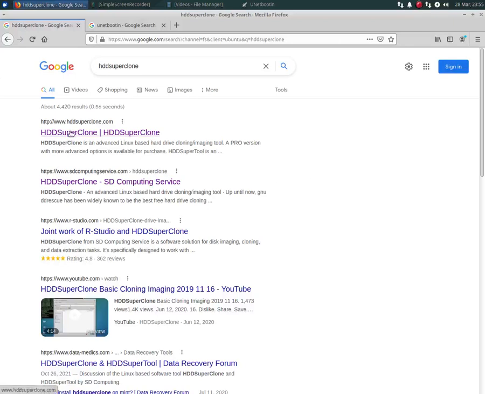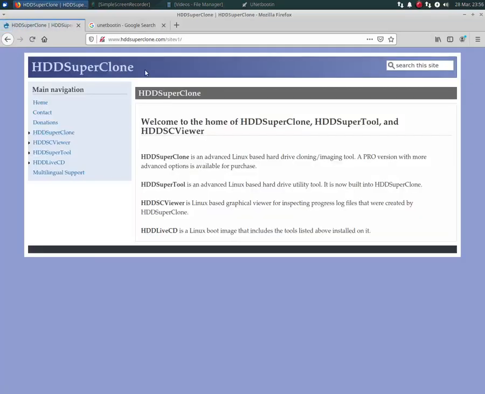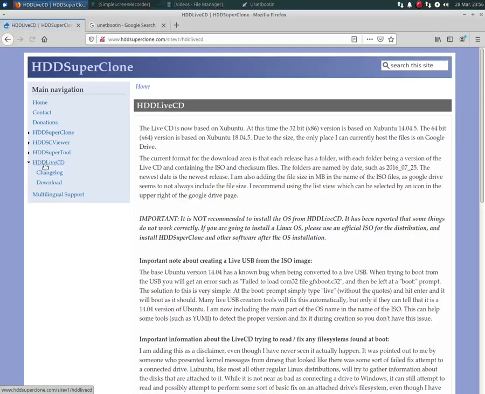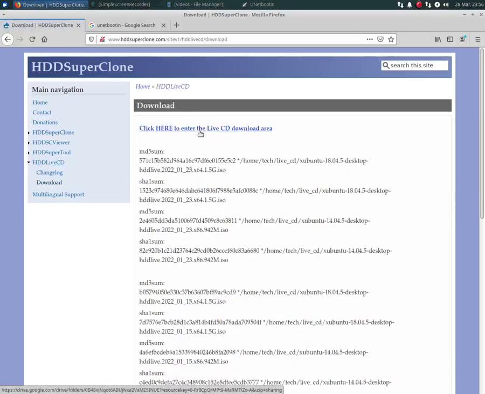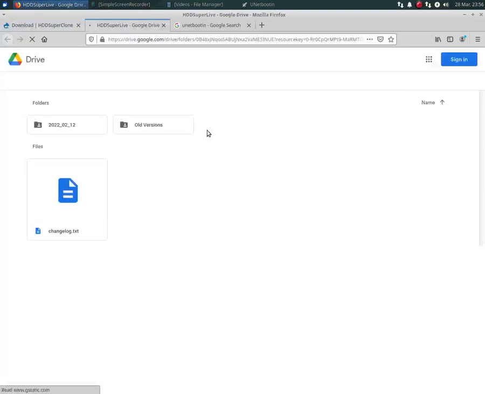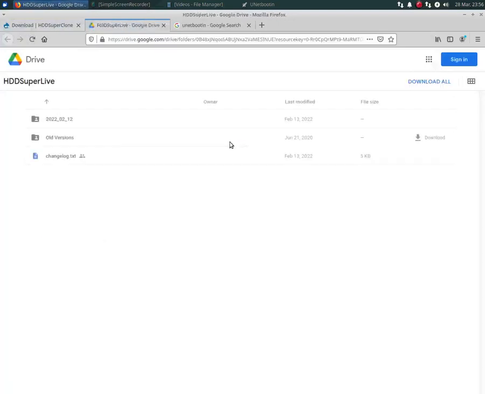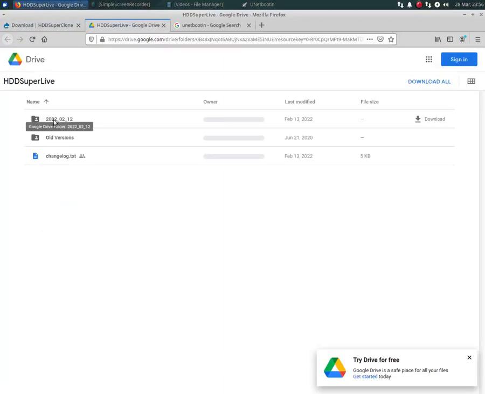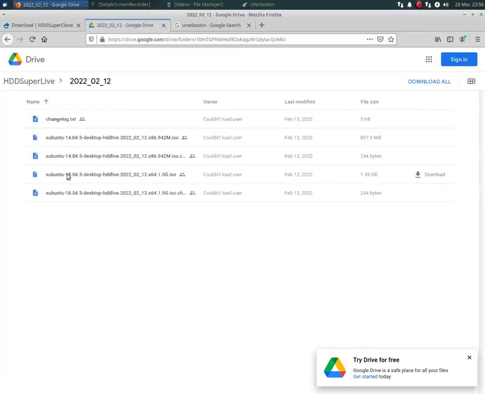and HDDSuperClone has a live CD that also has DD-Rescue on it. So you can find the HDDSuperClone website, go to the live CD area, download, go to the downloads area, which is actually in Google Drive. I always like to switch to the list view, find the newest version, and most everybody usually wants the newest 64-bit version. You want the ISO,